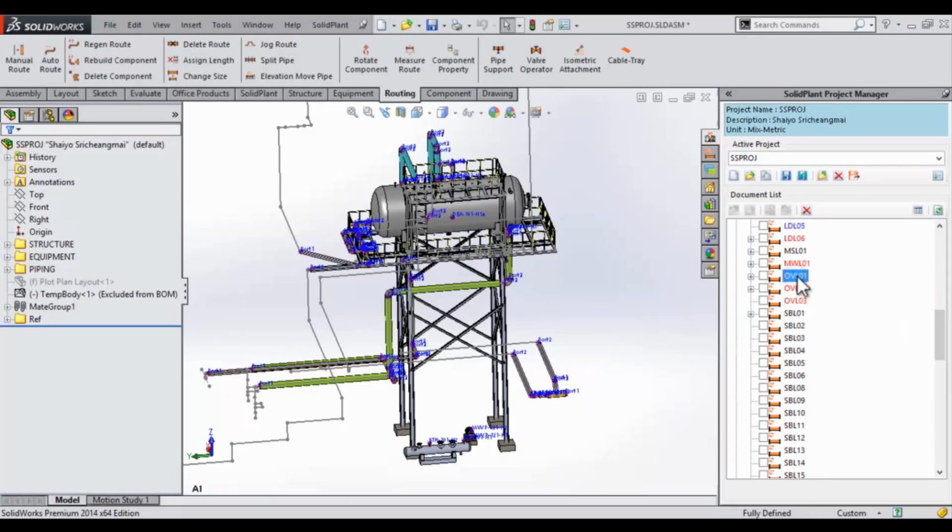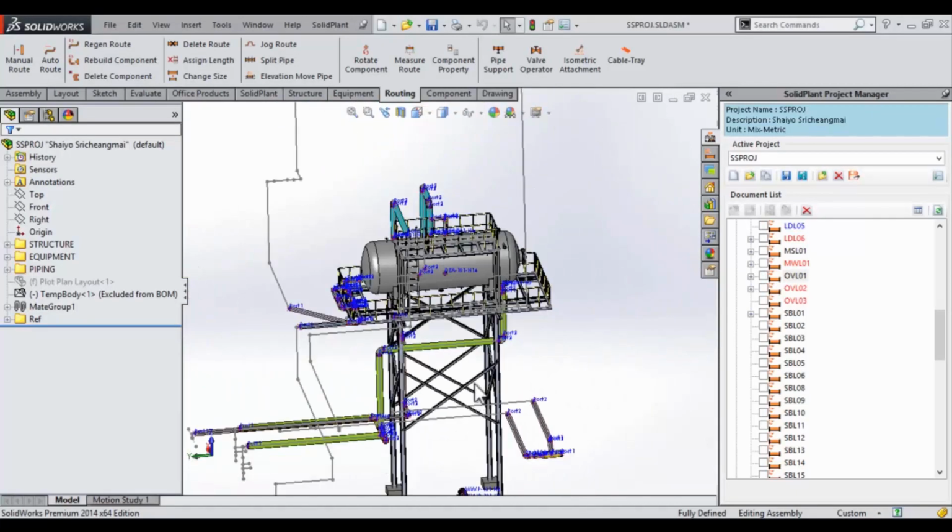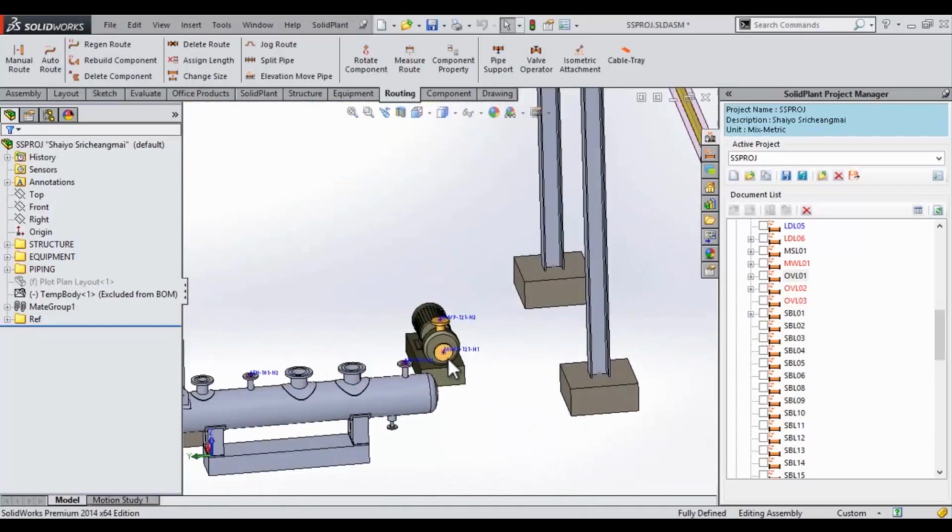Take a look. Here's our tag number, and you can see from the information in our pop-up where we're headed. So I will zoom in and show you where the pipeline is connected. We'll be going from this nozzle here down to nozzle 1 on this pump,